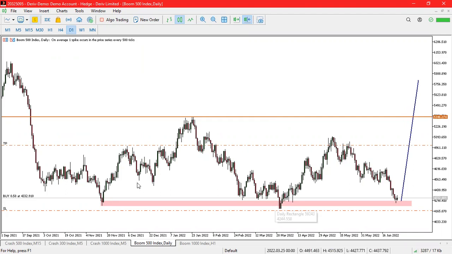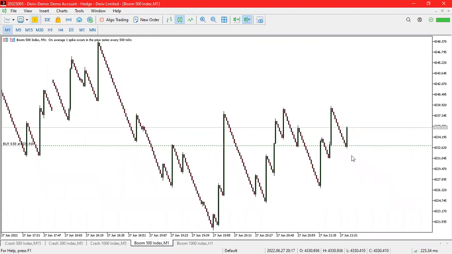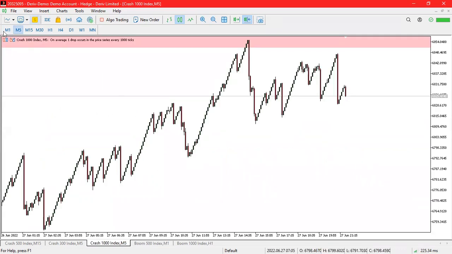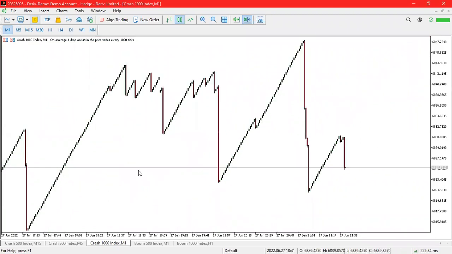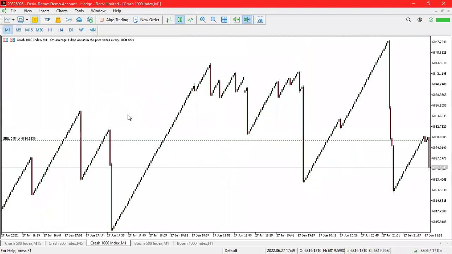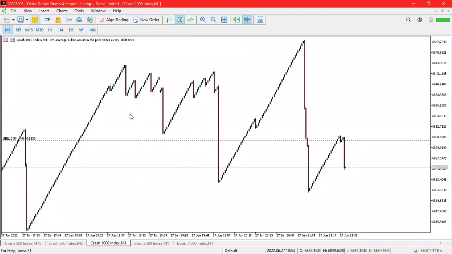So let's check other spikes that we can scalp while we're still holding those other ones. This is Boom 500. Let's go to the 1-minute time frame and see. Already we caught one spike. Simple. Then let's go to Crash 1K and check how it's going. Maybe we got another spike. This is what I was trying to show you guys: if we can at least have one trade, it never leaves us with nothing. We got the spike here, simple like ABC. Now what we have to do is hold the Crash 500.